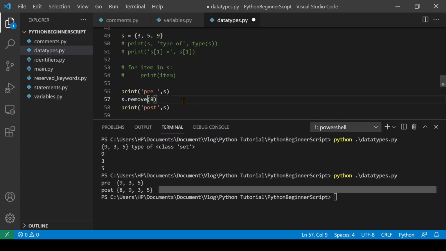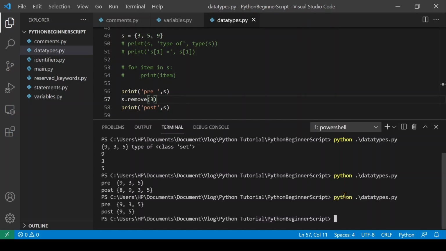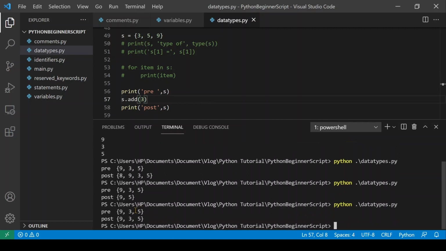To remove an element from the set, you have to write s.remove and the element you want to remove. If this element does not exist, it will throw an error. But if you use discard method, it will bypass the error. Now you can see that duplicate elements cannot be added or stored in set.